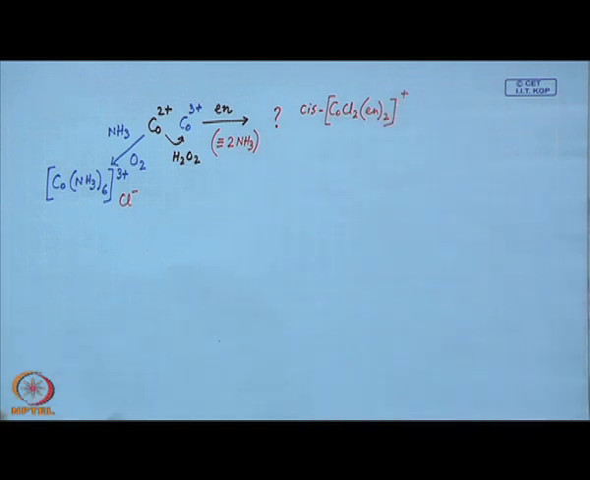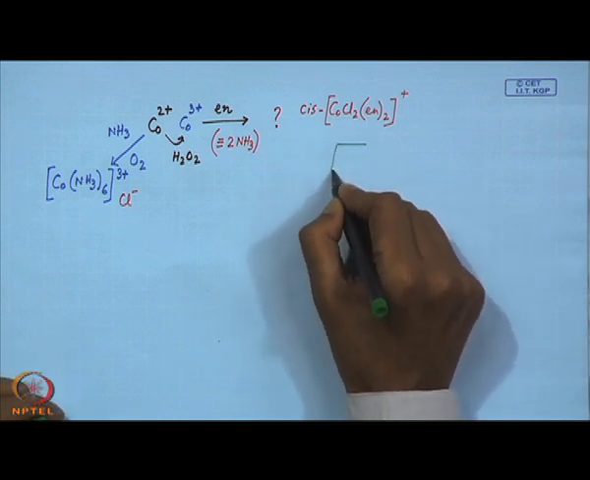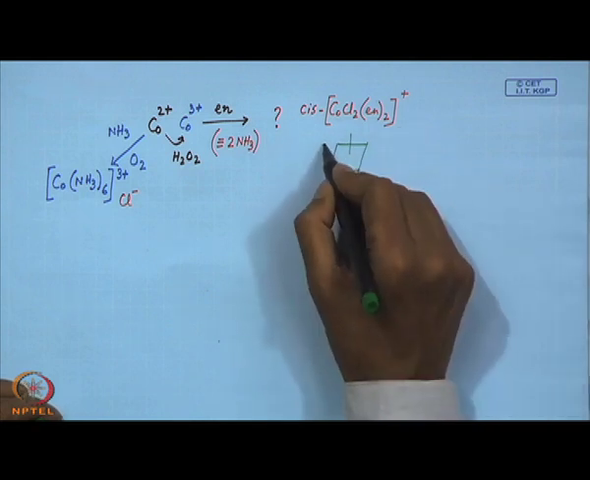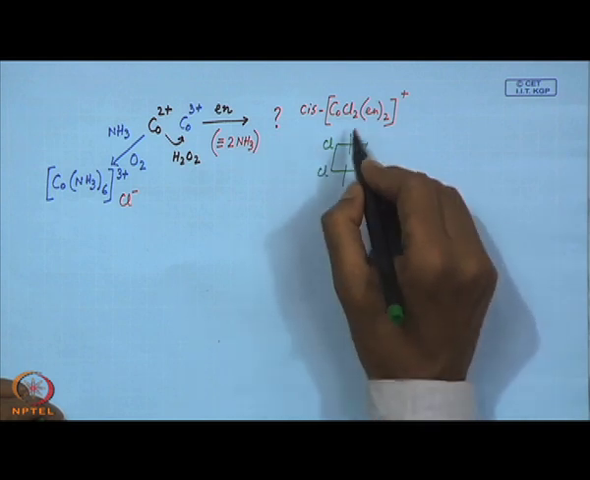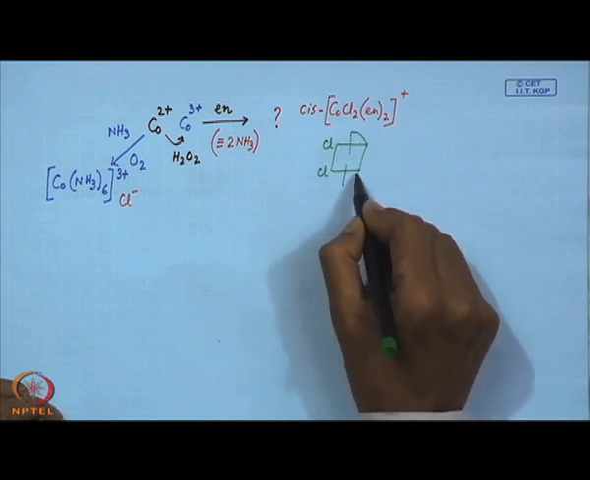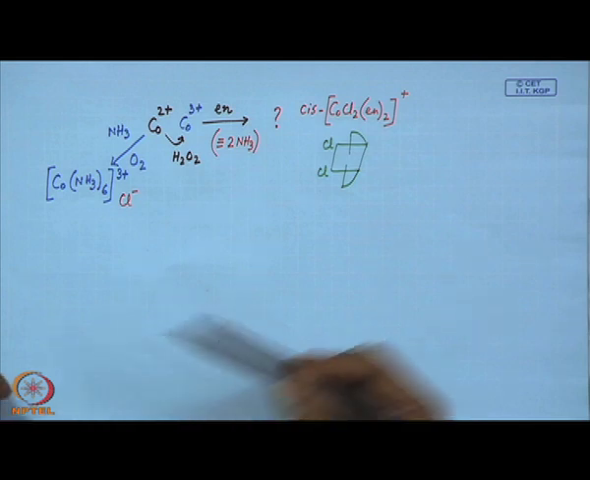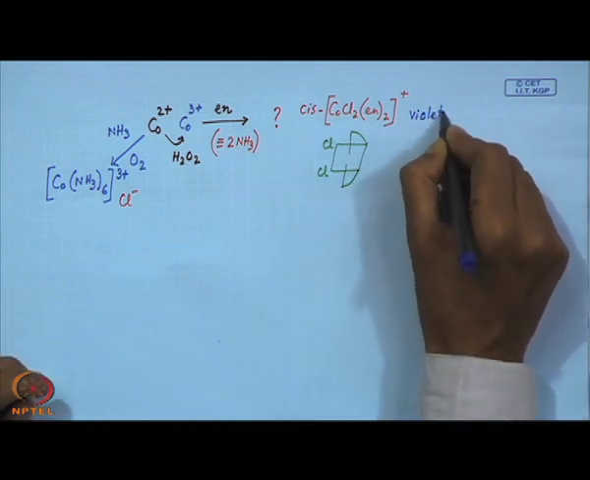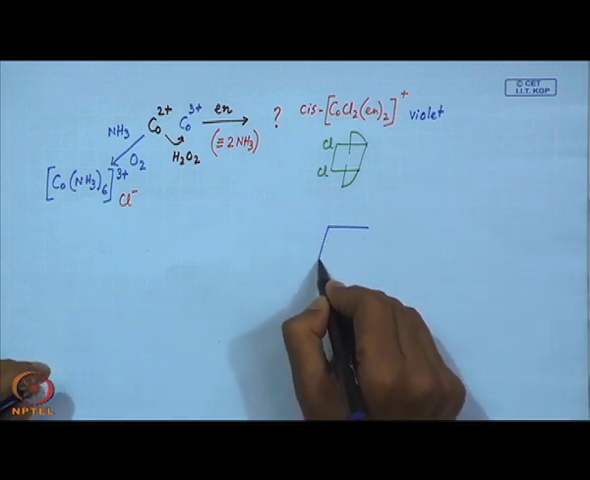Which has one single positive charge, two of these chlorides are in cis position, and this is that ethylene diamine, which is violet in color, and also the